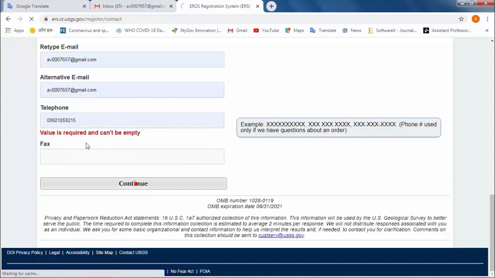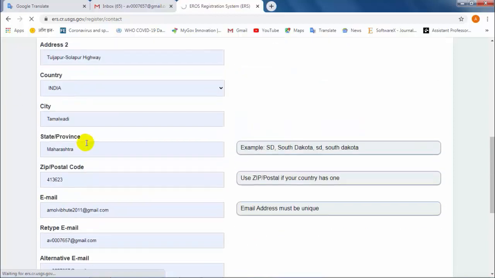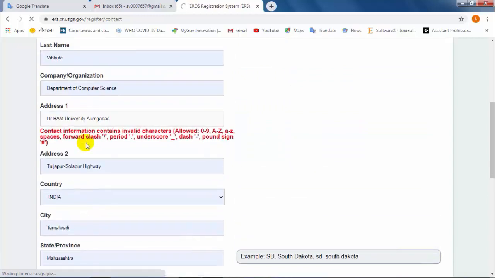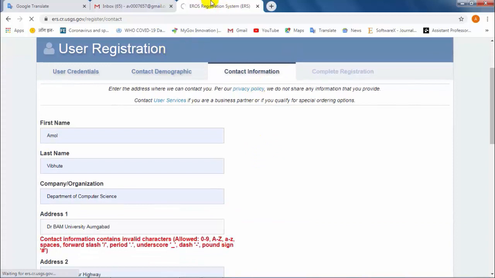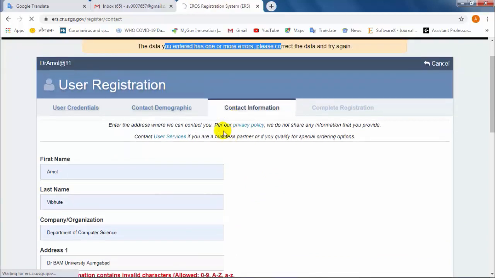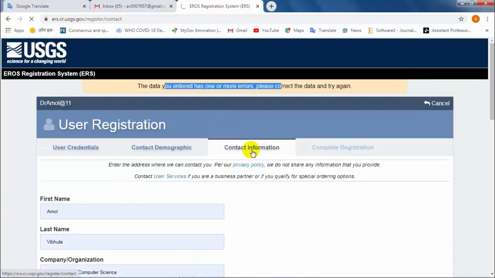Continue. So there was some error regarding the comma and some characters like comma, full stop, etcetera. So it is showing that I have made the corrections. Now it will complete the registration. Okay.